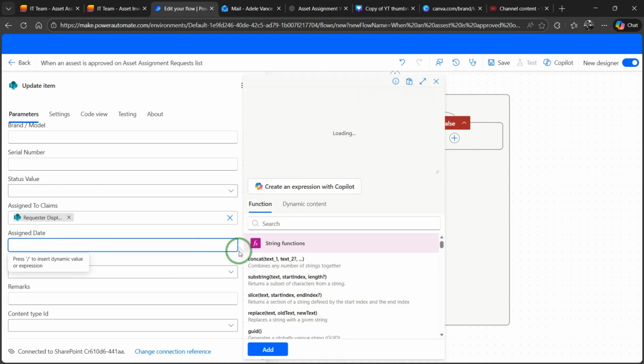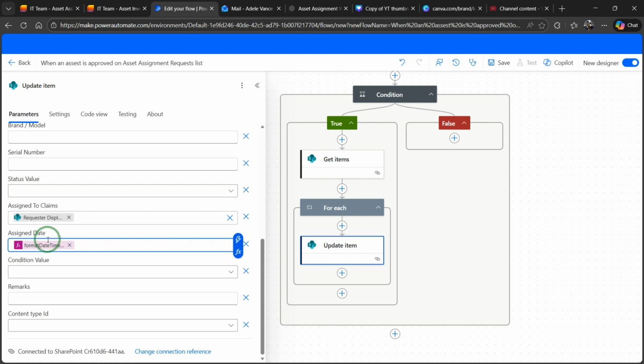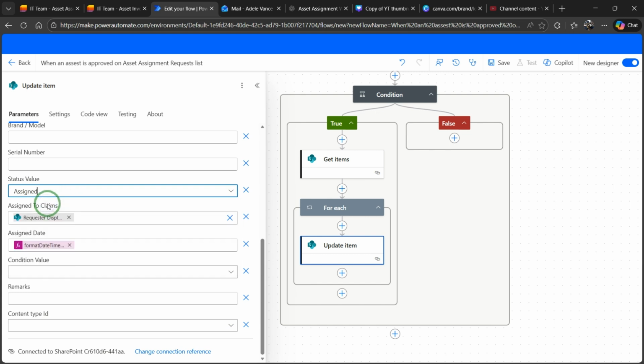So I'm going to use the function. I'm just going to paste it here, which is formatDate, the format, which is formatDate current timestamp, and then go with this format. So you can use any format that works best for you. For me, I think this is cool. So once you have that, the status value, you also want to change that from available to assigned. So once you have that,